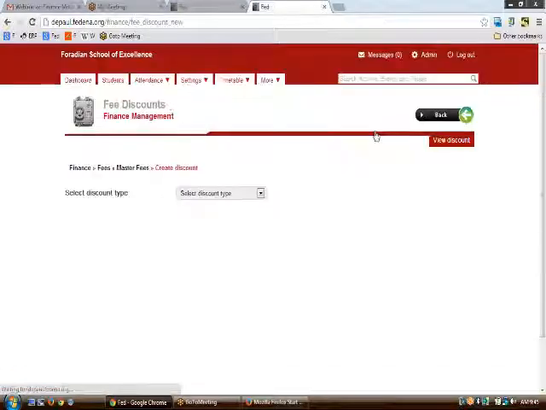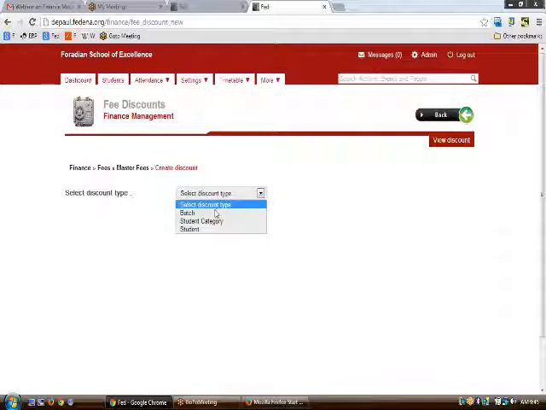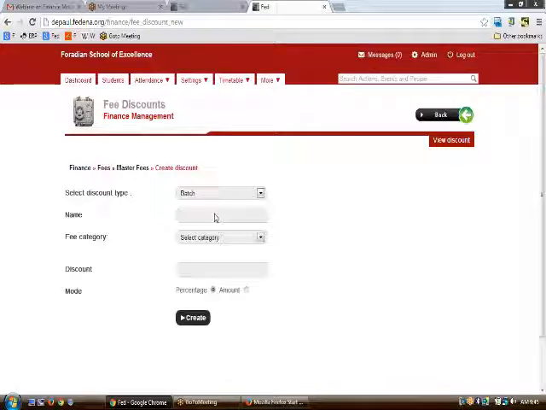Then comes the discount. So you would always have some kind of discounts for your students. To deal with such a scenario, you can just go to create discount and select any of the discount types available here. Let us say that if you have batch or student, your discount type is batch. Discount type is batch would mean that you would be willing to give discount to the whole batch itself.